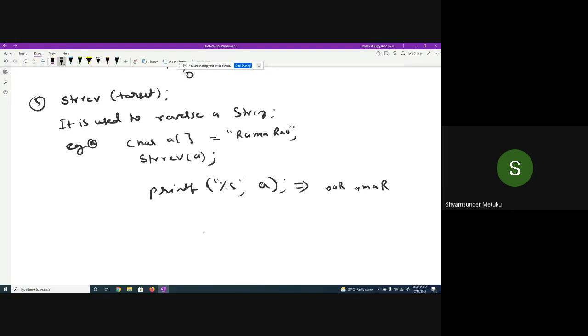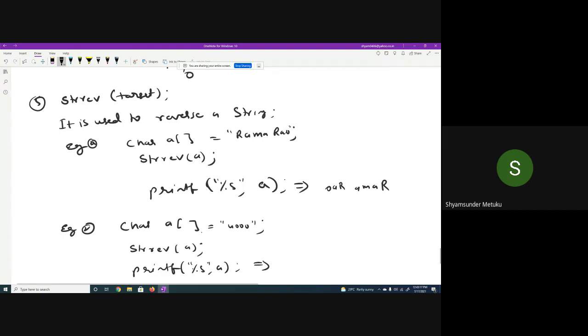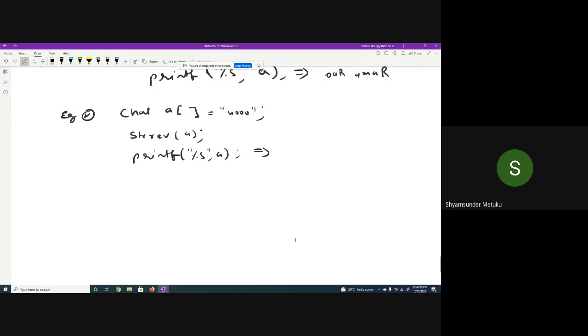Yes, sir. Okay, second example. char a of maybe 4000. Then I'm applying a string reversal. I'm trying to print %s a. Can you tell me what is the output? What is the output? Triple U. Very good.